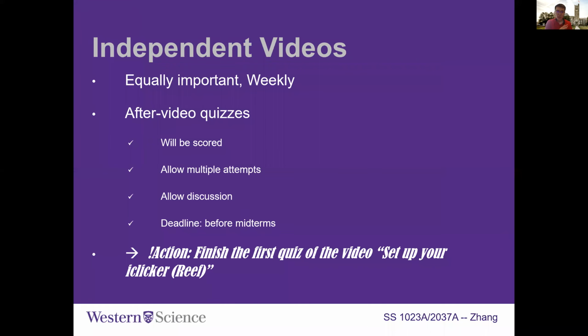First, I would like to emphasize that the independent material is as important as our lecture, because it serves as a supplement to our lectures. It could be related to our lecture, and it could also be unrelated.